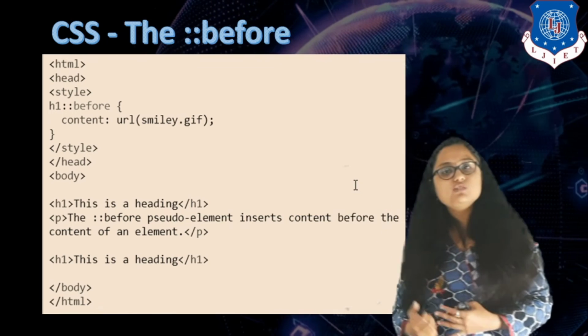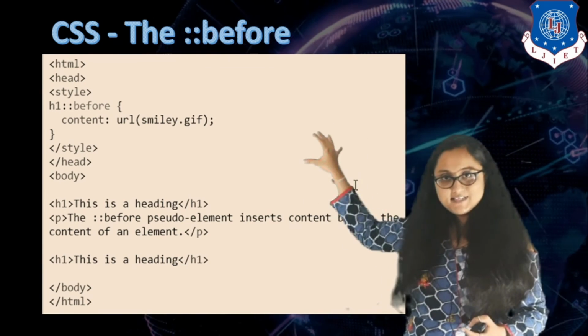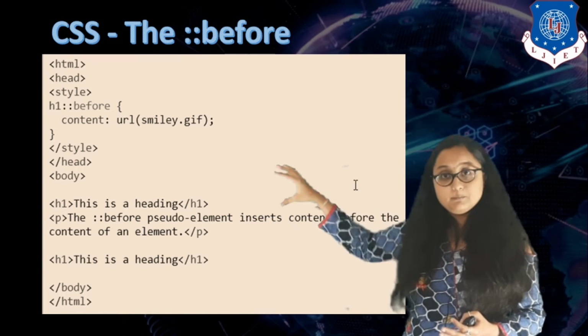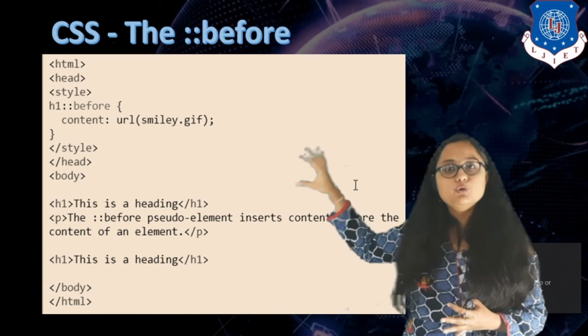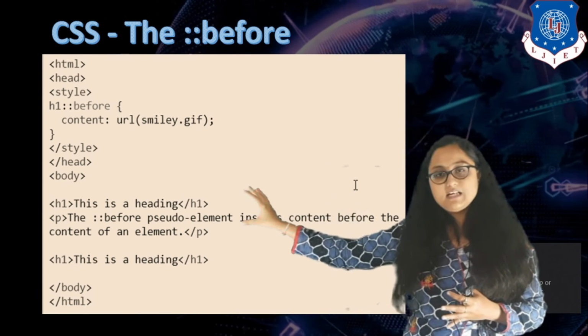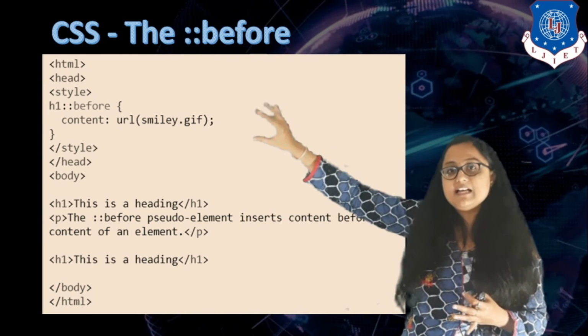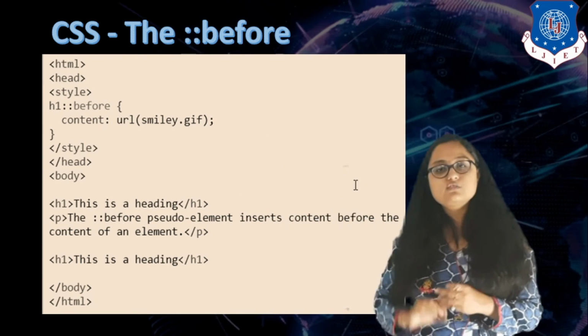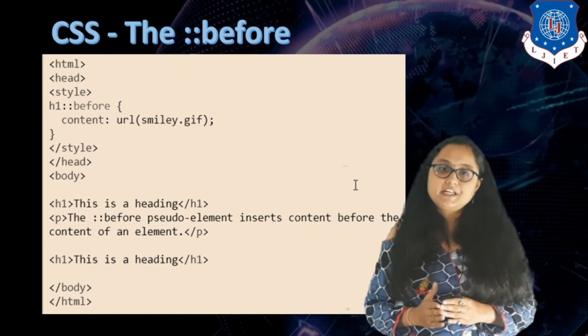Many property values are possible with content, so you can hard code a static string, you can insert any image, video, audio. Also you can specify any attribute value, right? So for example, there was an attribute for any other element, you can specify that attribute value over here. So there are many things that you can specify in the value of your content property.